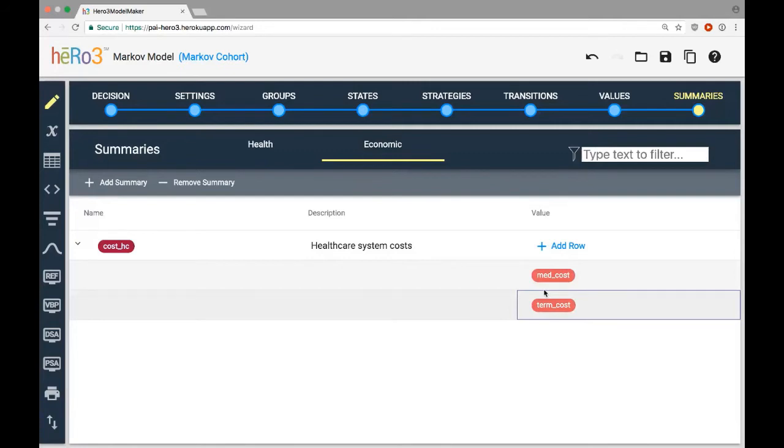At this point, I'd just like to quickly stop for questions, and then after that, we will look very quickly at a similar partition survival model, and then move on to some more advanced functionality. So now is the time. If you'd like to ask a question, please just speak up.